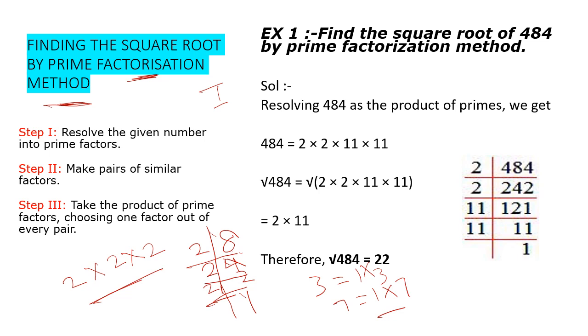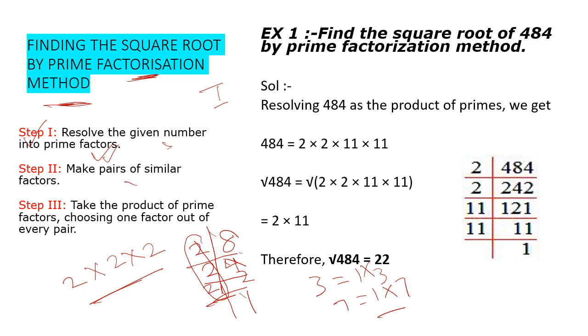So I am reading out the steps here, and then we are going to understand the steps by looking at the example. What does step number 1 say here? It says: resolve the given number into its prime factors. Whatever number has been given to you, you first make a table and break down that number into its prime factors. That means on the left side, all the prime numbers will come, by which that number can easily be divided.